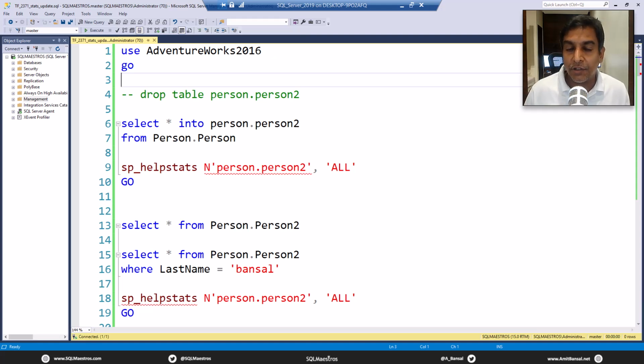Okay, coming back to the threshold and the percentage and the numbers. 20% of the data needs to change plus 500 rows. This is the general rule for auto update stats to trigger automatically. Now, all this is good for smaller tables, tables with a few hundreds and a few thousands of rows. It's all good. But I think somewhere around SQL Server 2008 or SQL Server 2008 R2,